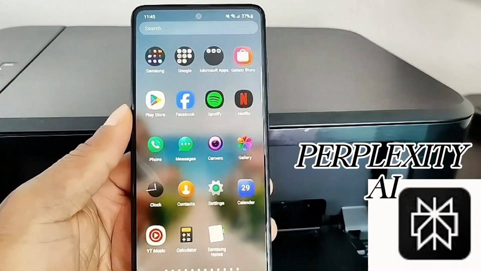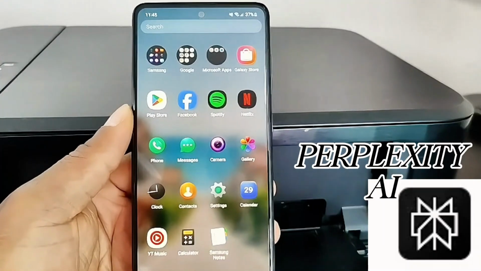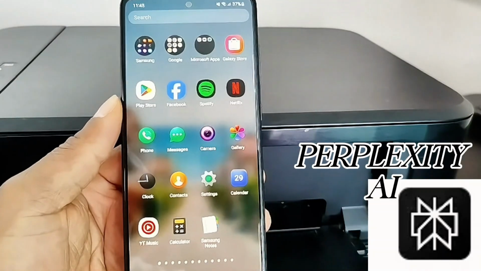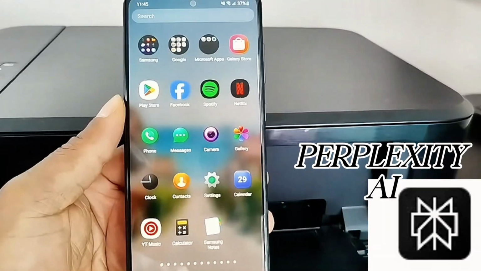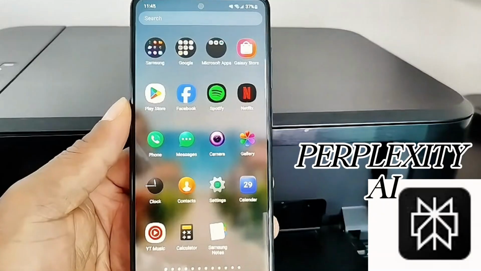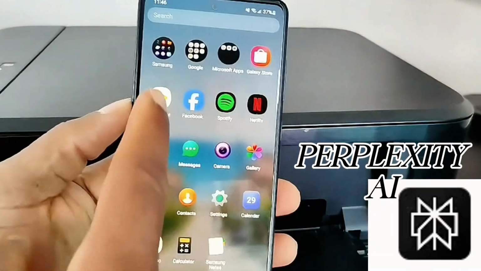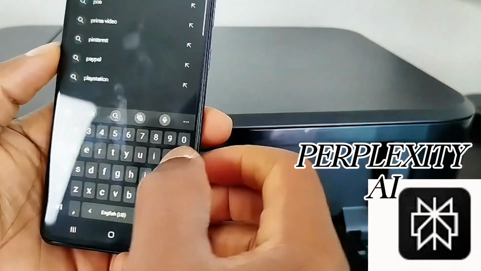How to install and download. For Android/iOS, search for Perplexity in the Google Play Store or App Store. For Windows, you can download the native Windows app from the Perplexity website or install it as a progressive web app. For web, visit perplexity.ai. So go to Play Store, select Apps and search